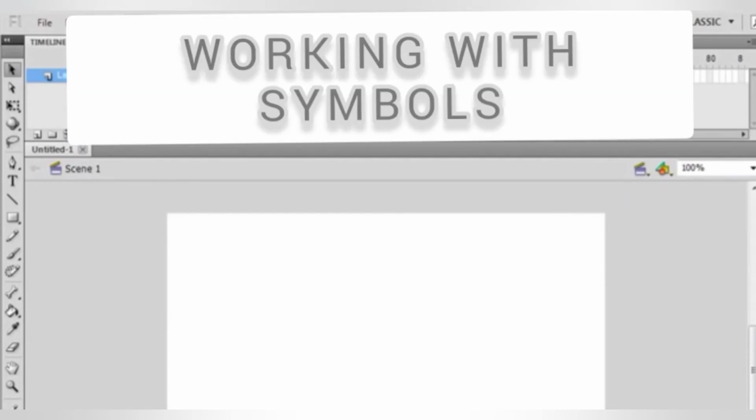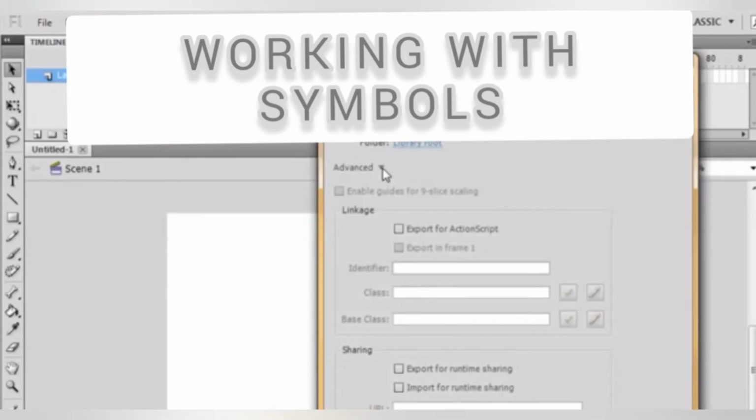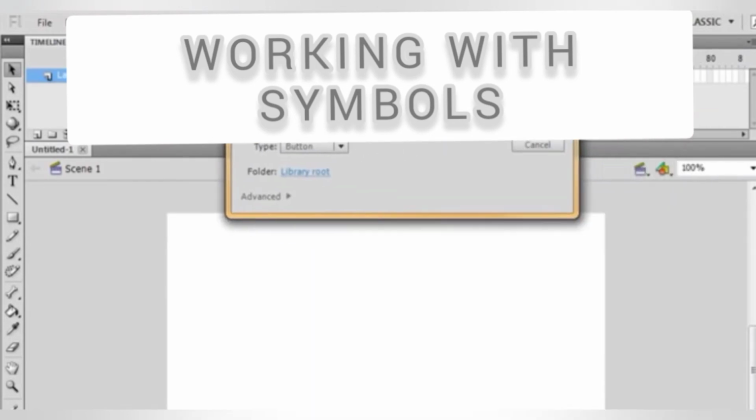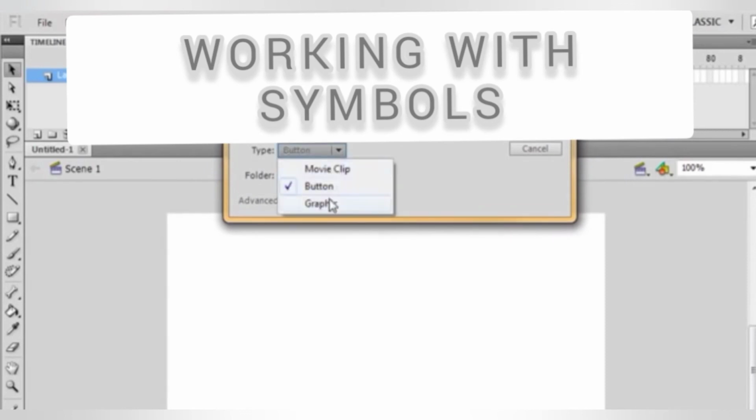Working with symbols. Symbols are reusable elements like a graphic, button or movie clip that is created once and can be used many times to create a Flash movie.